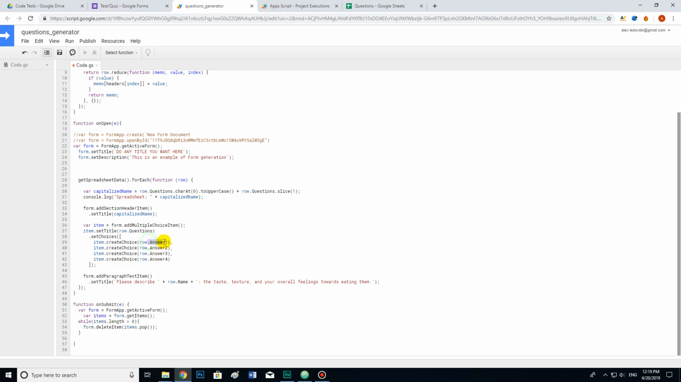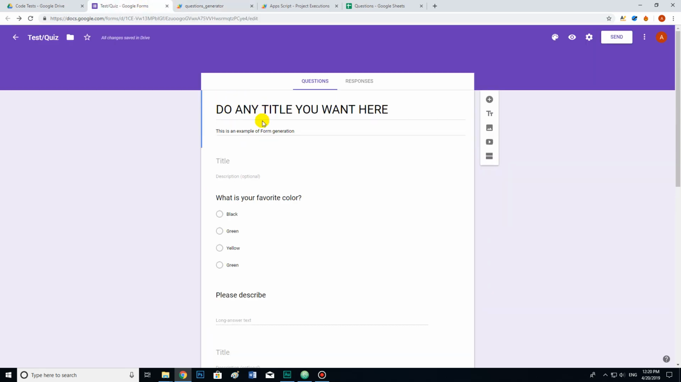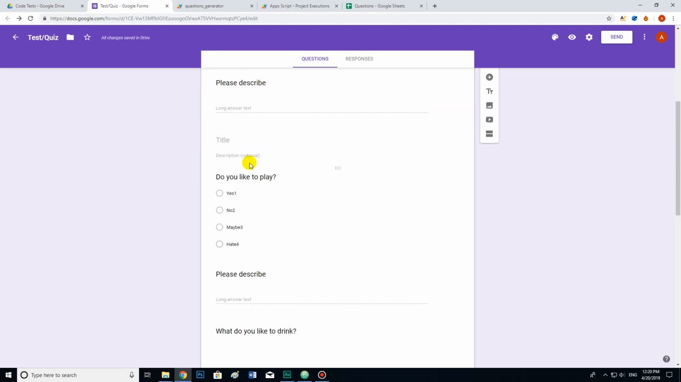Please note that here are the names of the columns we're going to take the answers from, and the rest is irrelevant. Okay, so I'm going to execute this part just to show you how it works. Okay, did you see what happened now? It took the questions from the spreadsheet and it completely generated them here. So if I click now the preview,